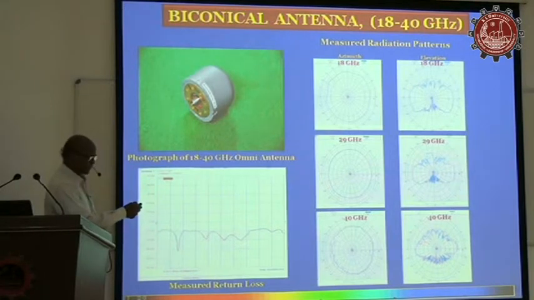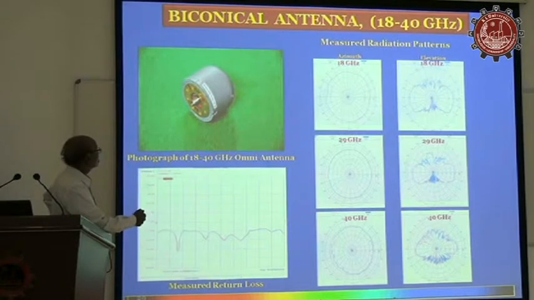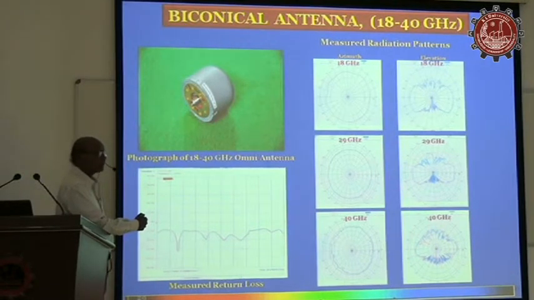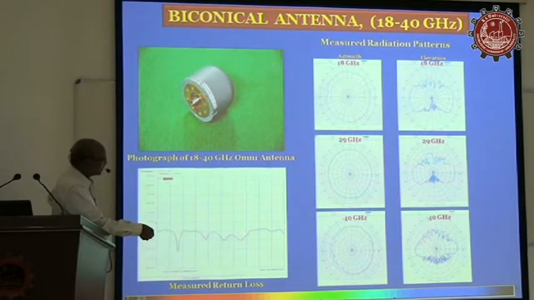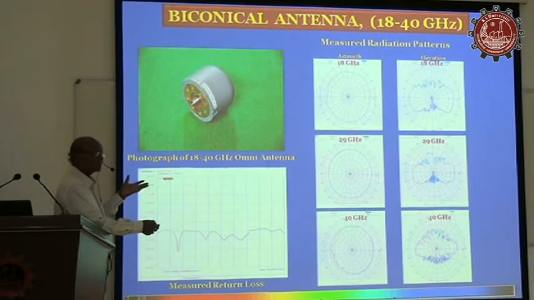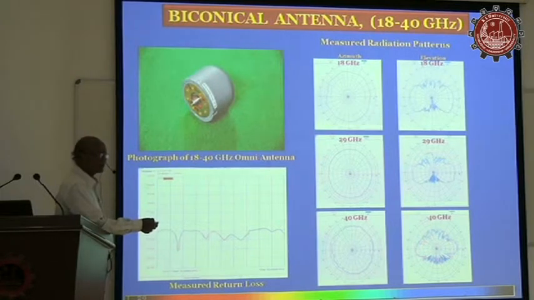So this is one biconical antenna we have already developed based on these simulations, and this is the realized product. And now we are going to use this product in a variety of platforms and applications. You see, this is the measured performance. Minimum 10 dB return loss covering 8 to 40 gigahertz. This is the omni pattern, this is the elevation pattern. Measured. So when we want to import, nobody is coming forward to supply this antenna.